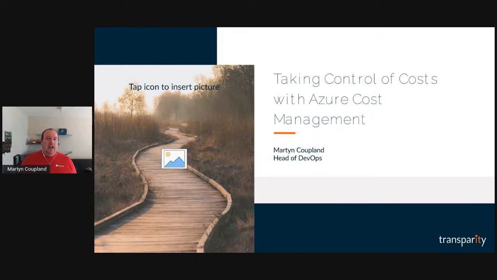And it's something that stays top of mind for customers, and something that is obviously an important thing to be doing, as everything you do on your Azure platform effectively invokes some kind of cost,